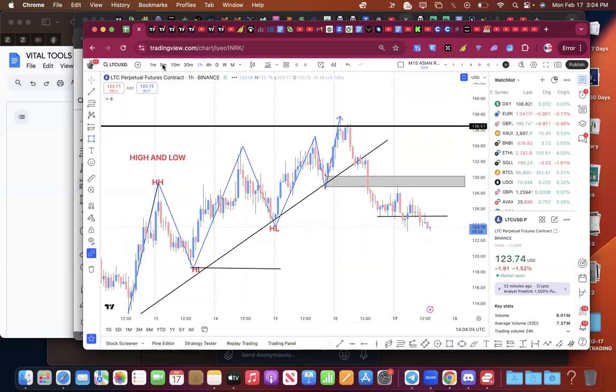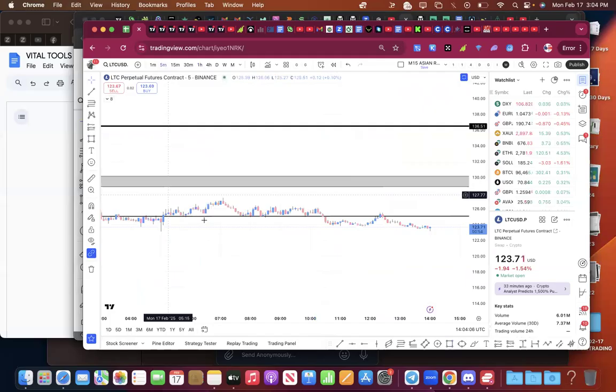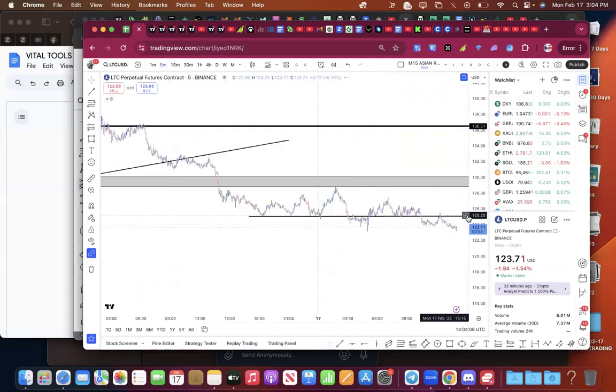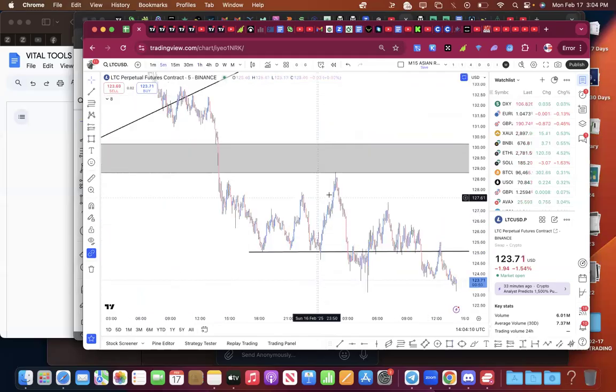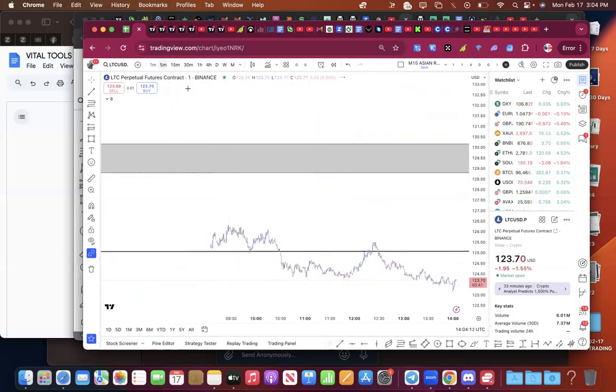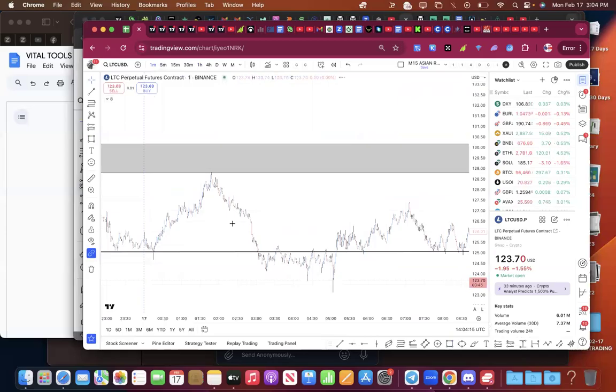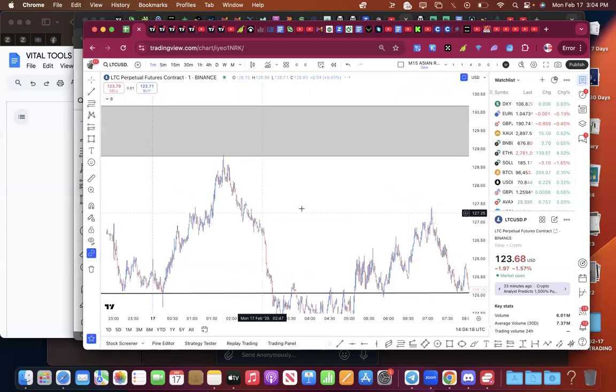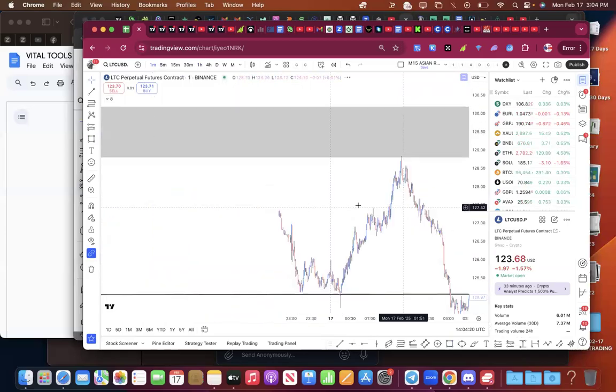And I go to my 5 minute. Sometimes I can go to 1 minute to find a sniper entry, right? And let's go to my 1 minute. So I'm going to find a sniper entry, but I will show you how you now find your sniper entry. So look at it. For instance,